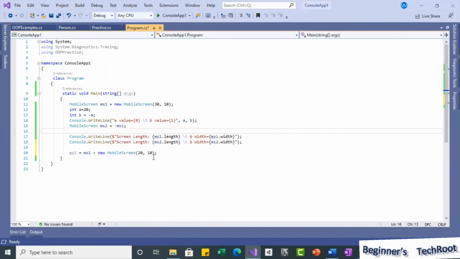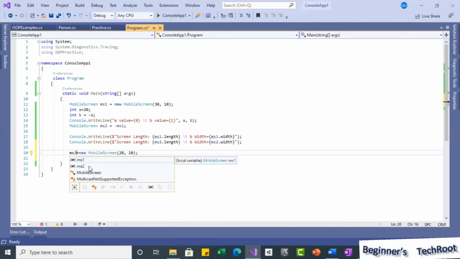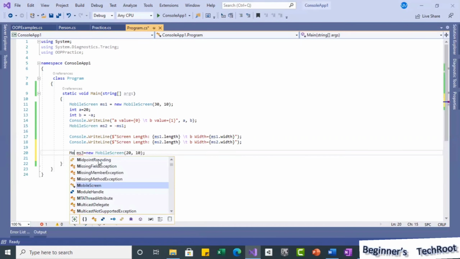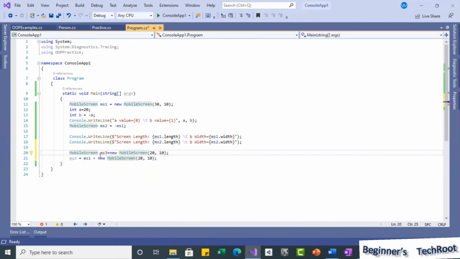How usually we give 10 plus 20, same way ms1 plus some other object. This is the other object. Okay, for example, if I take ms3, of the same type mobile screen, I can write like this, and I can use ms3 here like this also.